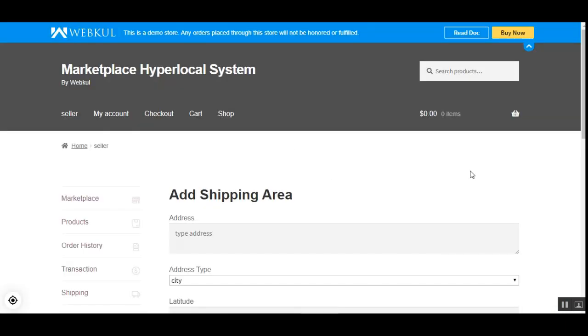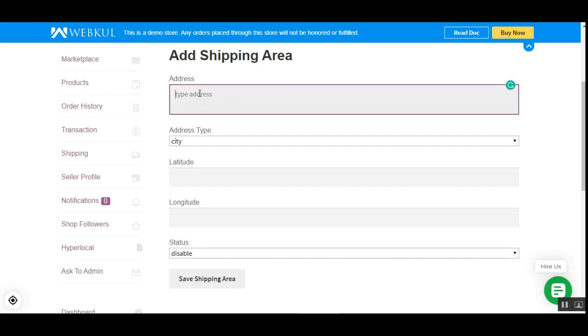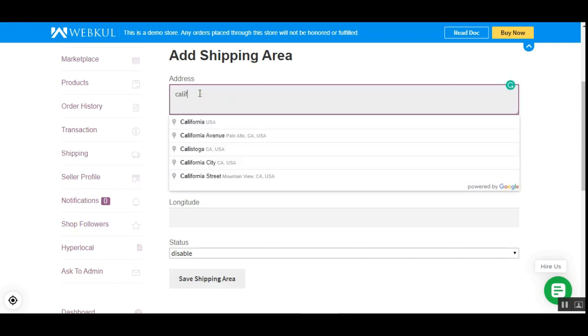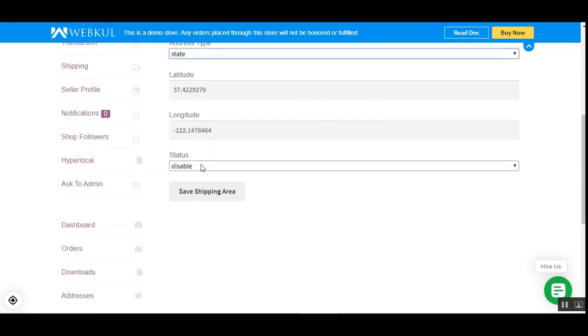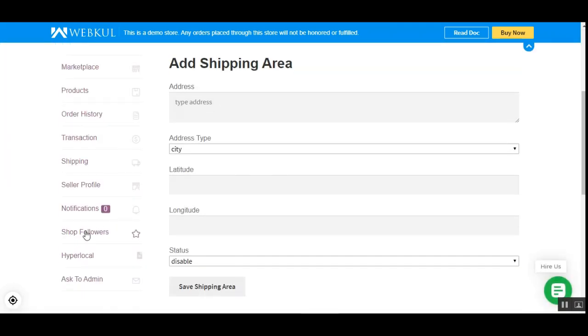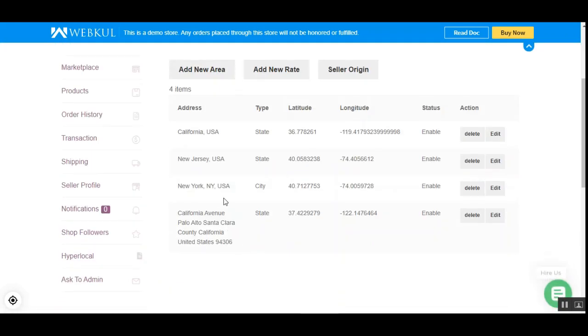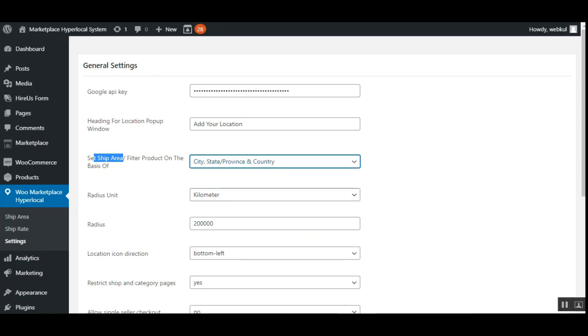And lastly, let's come to the add shipping area. Here the seller can enter the address, type, the status as enabled, and save the shipping area. So here we have a hyperlocal option for the sellers, and under the hyperlocal we were able to add a new area. Here I've just added this one. We can add a new area, we can add new shipping rates, and we can set up the seller origin as well. Now let me make this as